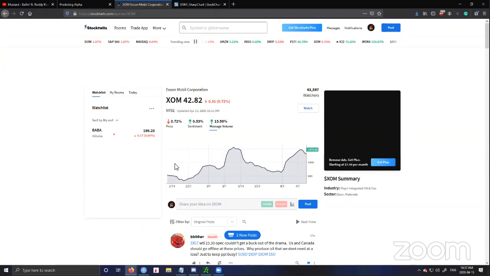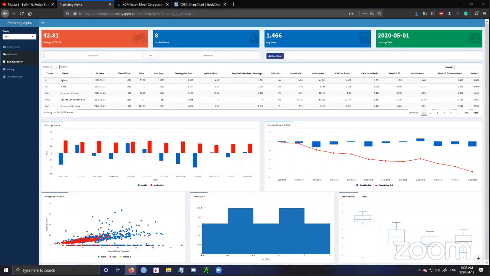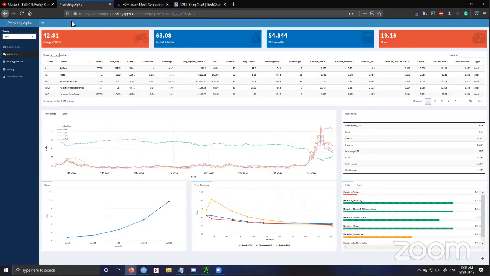And now we want to say, okay, what are they doing? Are they buying options? Are they selling options? Well, this is going to be reflected in the options price, so in the implied volatility number. So we go over to our tool here. We head over to Vol Trader, and we see that Exxon vol is pretty bid. It's 63. Our forecast is 54.8.